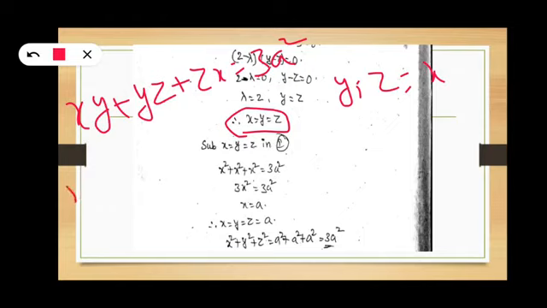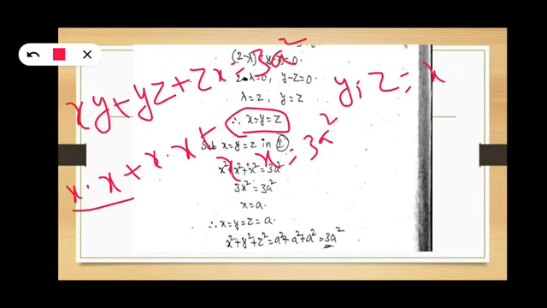So here, x into x plus y, substitute x; z, substitute x. This is equal to 3a square. That means x into x is x square, and also x into x, x square, x into x, x square. Here we have x square plus x square plus x square. That means 3x square is equal to 3a square. If we cancel the 3 on both sides, then x square is equal to a square. If we cancel the squares, then we get x is equal to a.